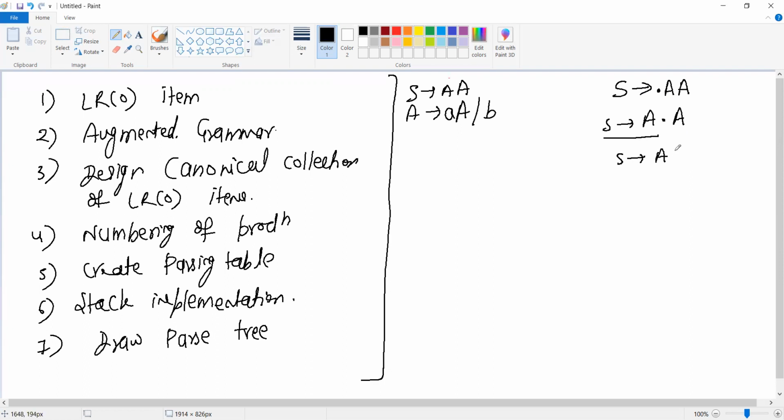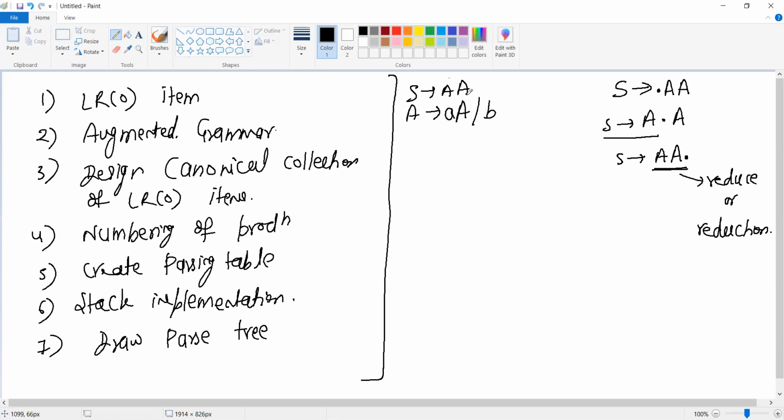Now, if you have placed the dot at the end of the production, shift करते करते आपका जो dot है वो कहाँ पहुँच गया? End पे पहुँच गया, which means your production is completed, and this is called as reduce state or reduction. This is called as reduce or reduction of the production. Now, reduction का मतलब क्या है? पूरे right hand side को you will replace by the left hand side. मतलब पूरा का पूरा जो production है ये scan हो चुका है, तो अब आप इसके right hand side को किससे replace कर दोगे? Left hand side से replace कर दोगे.